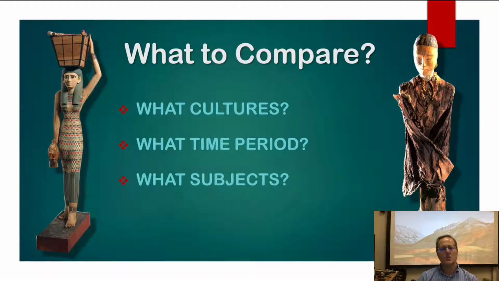So within these two societies, we need to pick subjects to study that are comparable. So we need to make sure we have enough similarity that there are similar classes to look at, similar pieces of evidence to look at. And so in today's talk, we'll be looking at mortuary culture, which does have a lot of similarities between ancient China and ancient Egypt.